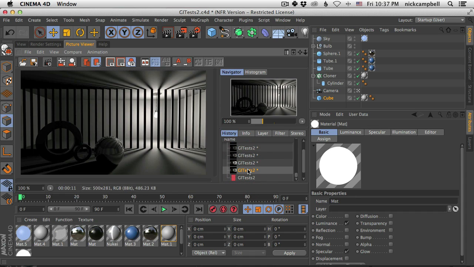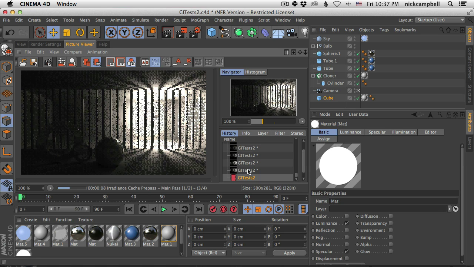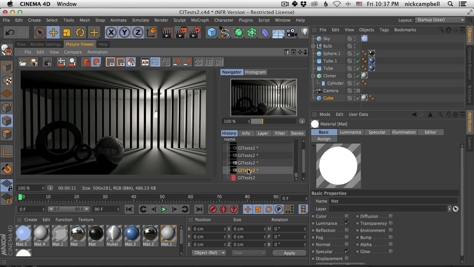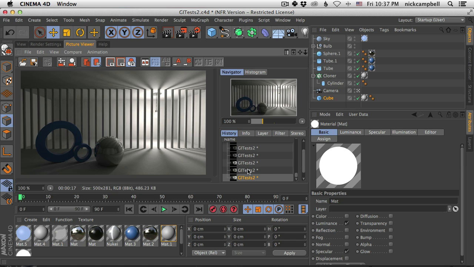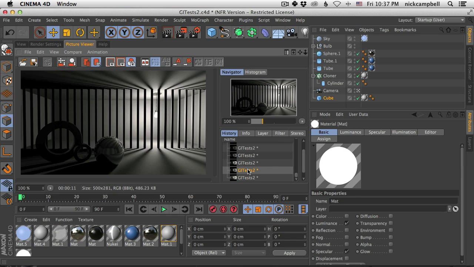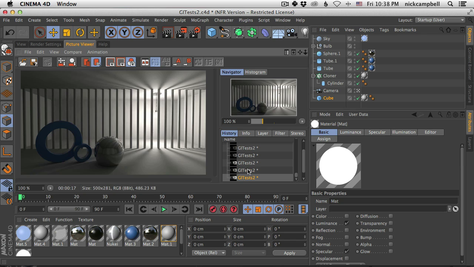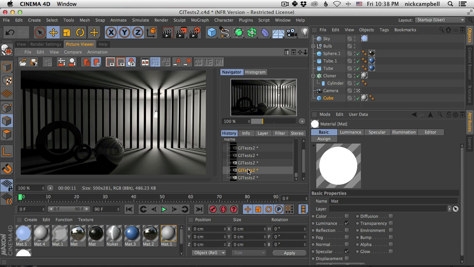So here it is with just Irradiance Cache. And then here it is, still rendering, I guess. Shouldn't take too much longer. So we have 11 seconds on the first one, and the second one is 17 seconds. So not quite double, but definitely longer. And you can tell an immediate difference between this and this, right? This is still basically really contrasty. There's no way to let the light fade and bounce around, and this starts to look a lot more realistic. This scene's a little bit gray, and we can make it look better,